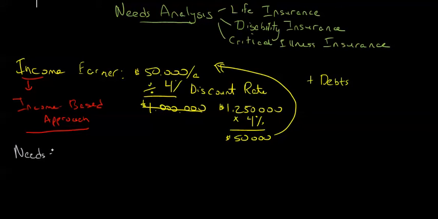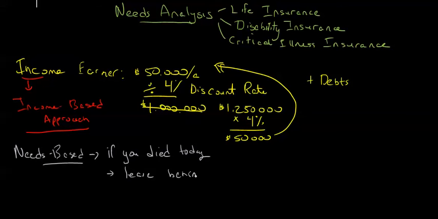And in these needs-based approaches, we would do something very similar here, but we start off with a little bit more of a robust discussion where we would say, okay, if you died today and you leave behind a spouse and so forth, spouse and kids, for example,